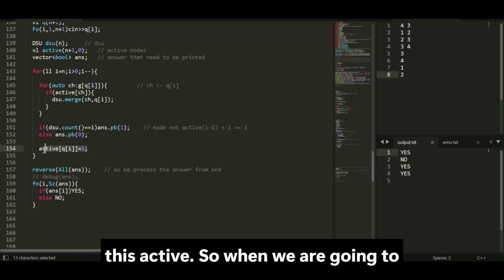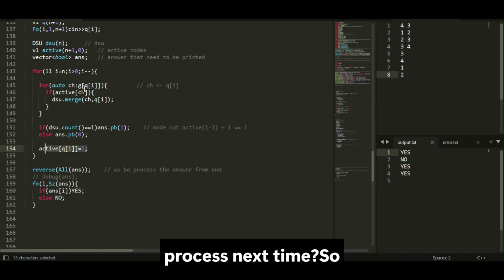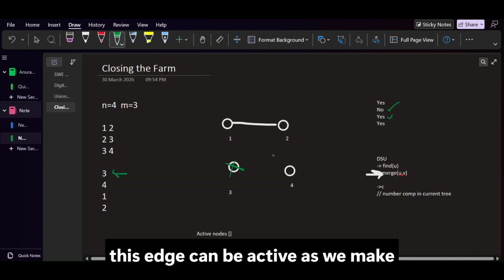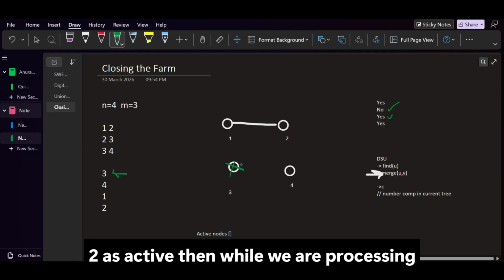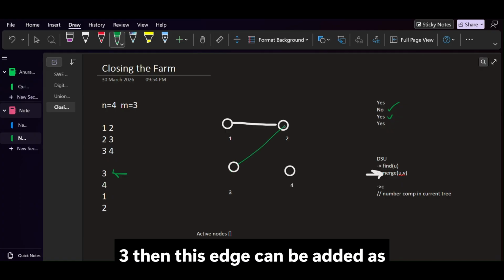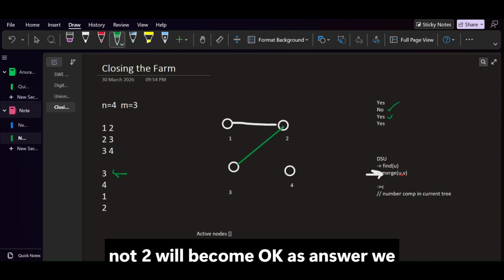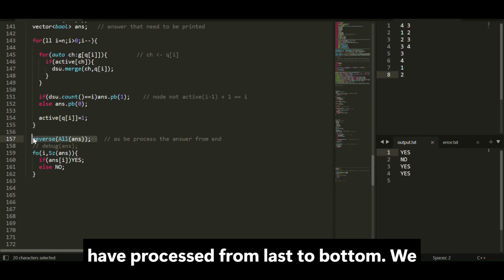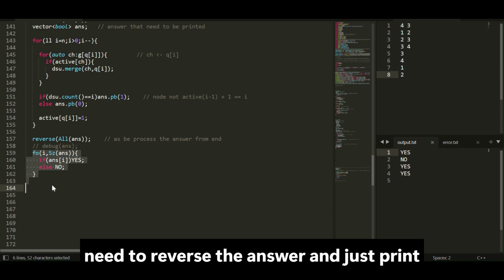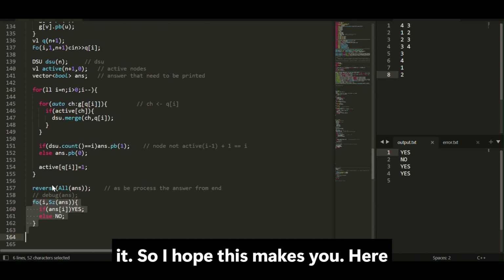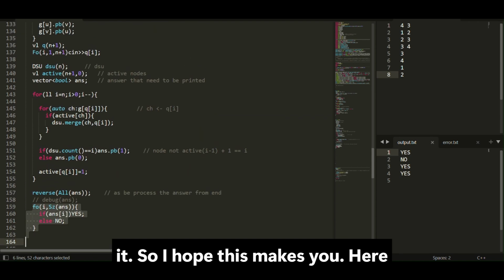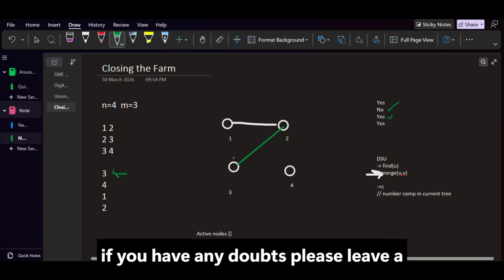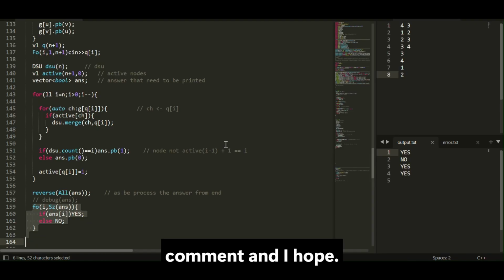So when we process next time, this edge can be active, as we made 2 active, then while we are processing 3, this edge can be added as 2 will become active. Okay, as we have processed the answer from last to first, we need to reverse the answer and just print it. So I hope this makes it clear. If you have any doubts, please leave a comment, and I hope